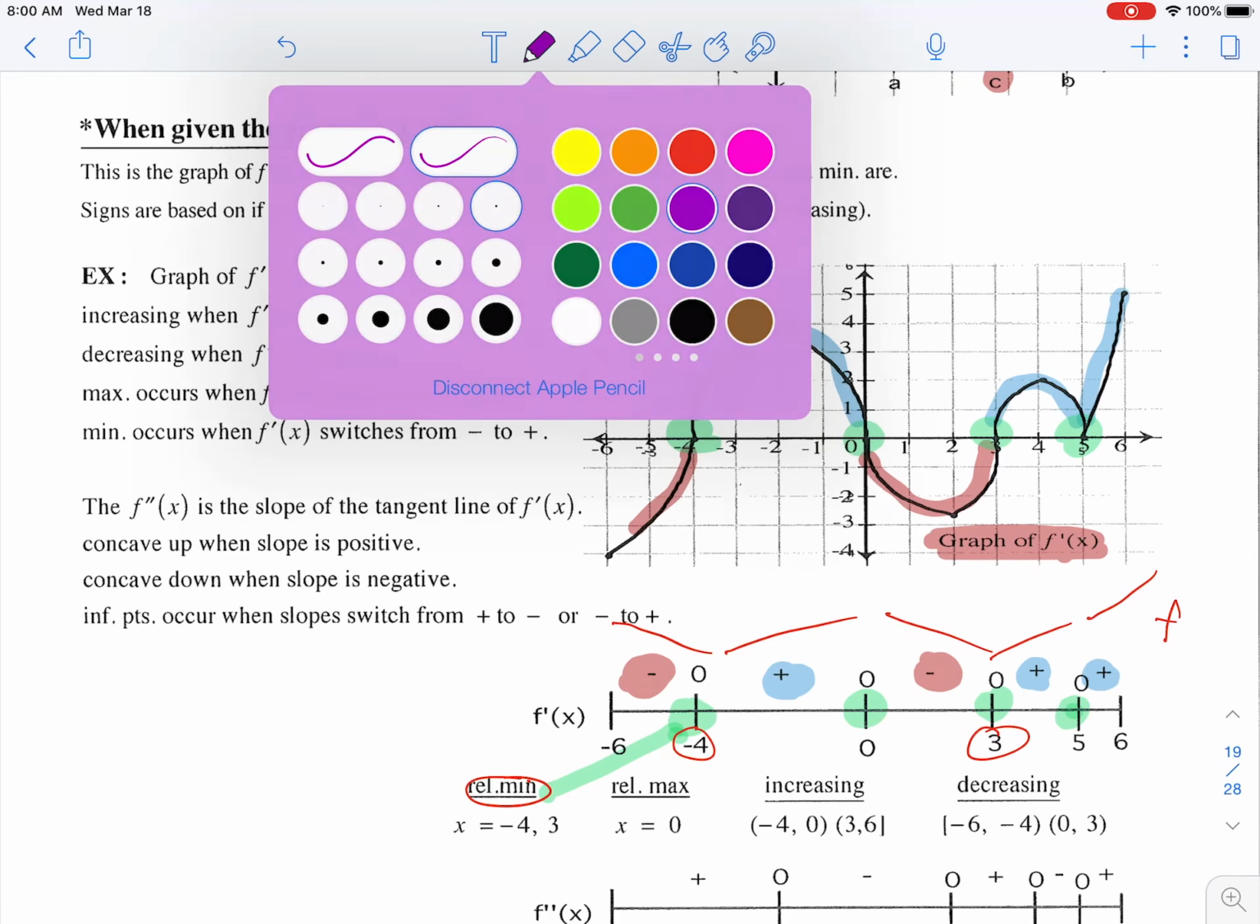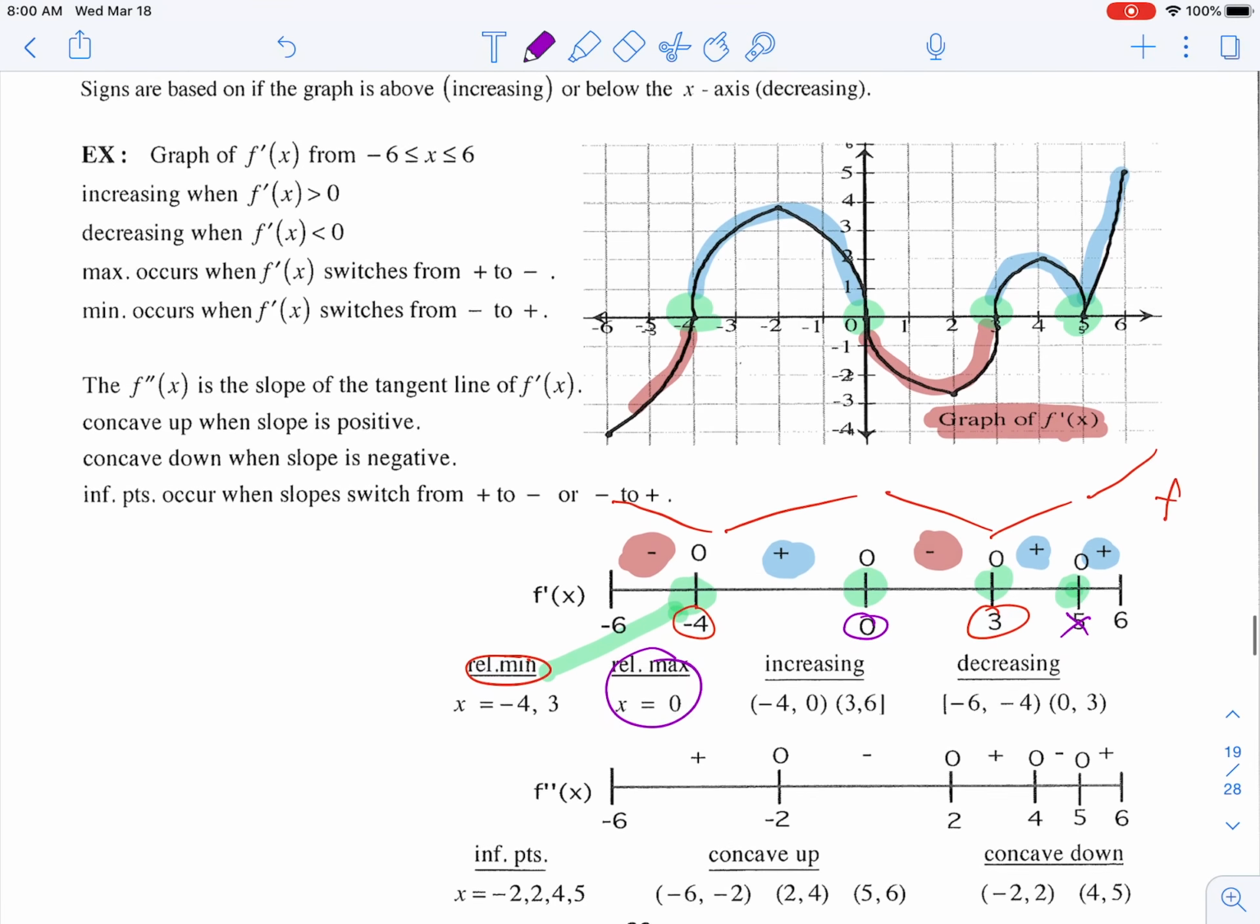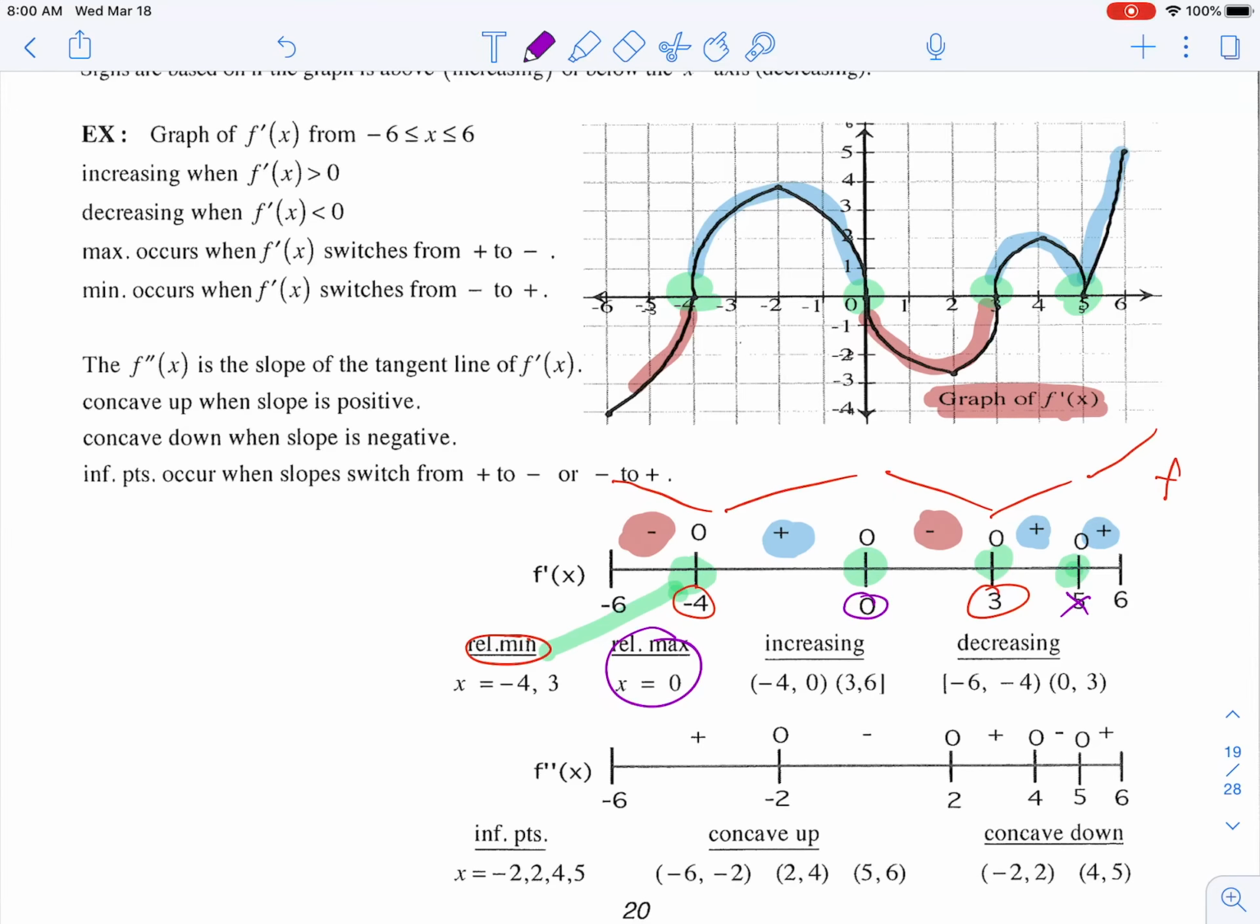Also a relative min at 3. And then we have a relative max at 0. 5 is neither, because our function continues to increase after that. Now for f double prime, you would look at where f prime changes from increasing to decreasing, which would be